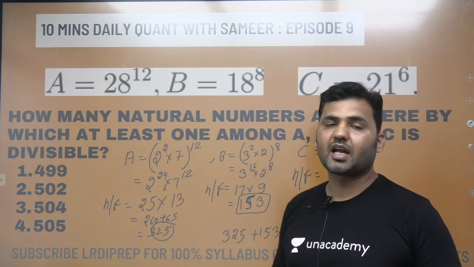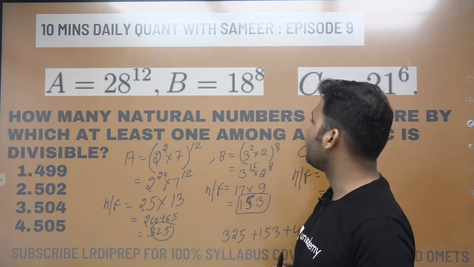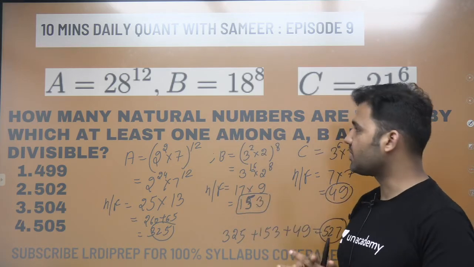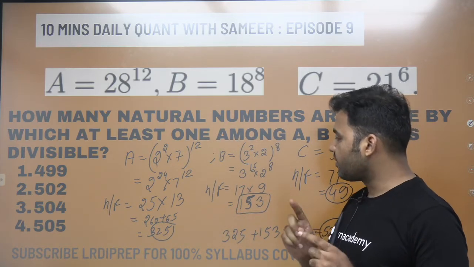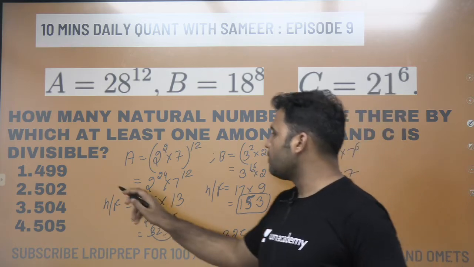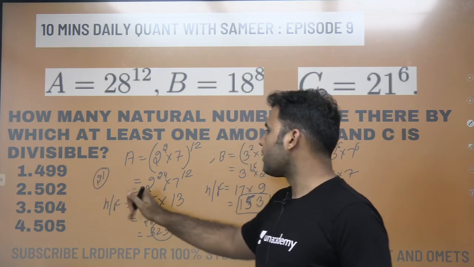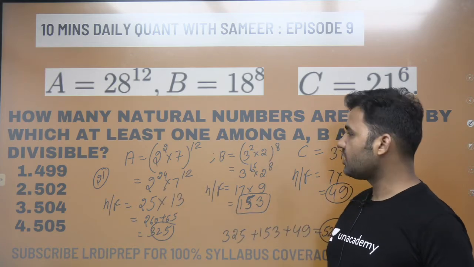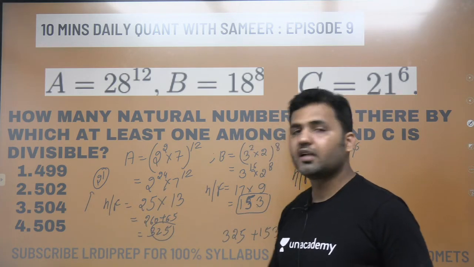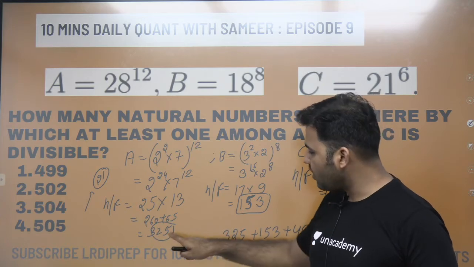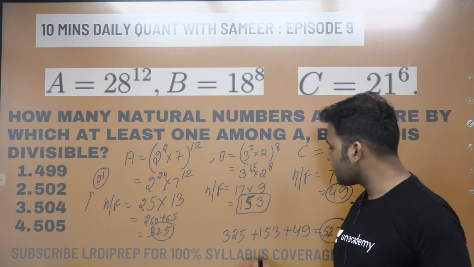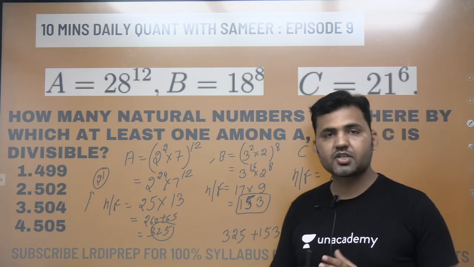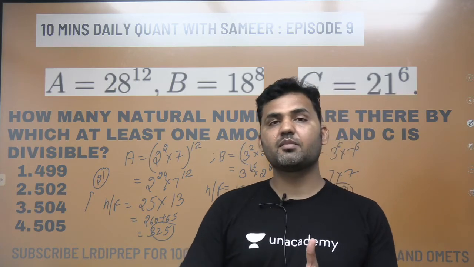But there is a problem here. I'm supposed to find out the distinct natural numbers. How many natural numbers, right? So total natural numbers are what I'm supposed to find out. Now the problem here is, you see that 2 power 1, if I talk about the 2 power 1, 2 power 1 is a factor of this number. 2 power 1 is also a factor of this number. So you see that this factor, that is 2, has been counted in 325 as well as counted in 153. So there's a duplication of the numbers, right? So we are counting the numbers twice.